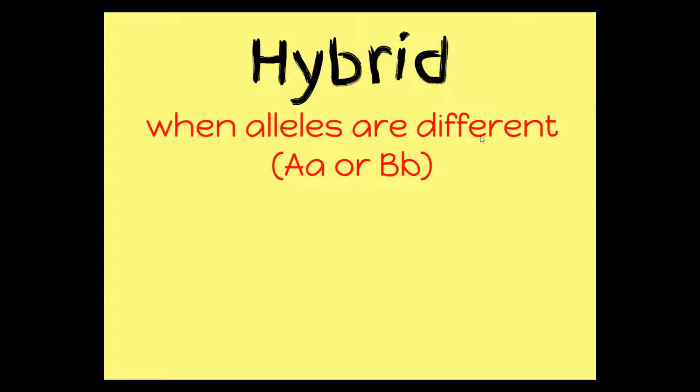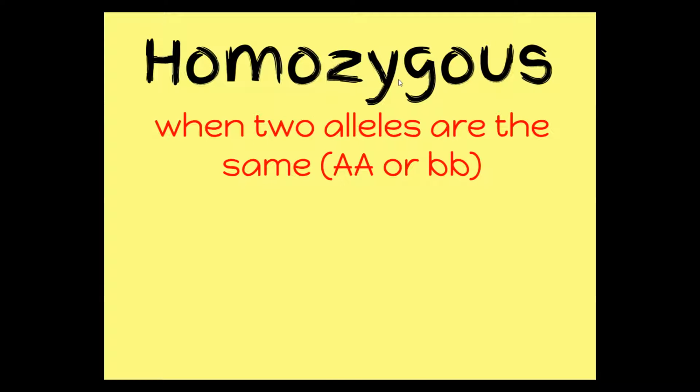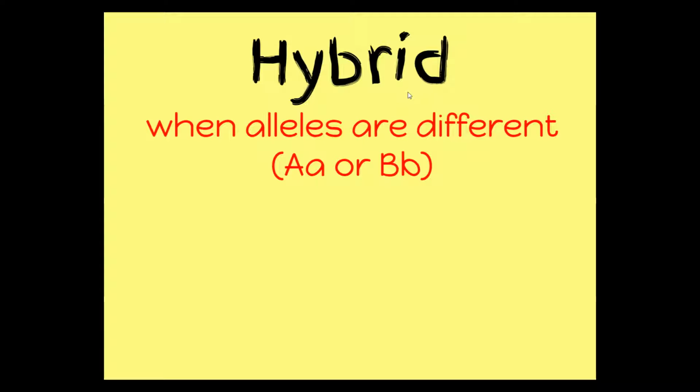Purebred. What do you think of? I think of horses and dogs when I think of purebred. Y'all know that horses sell for hundreds of thousands of dollars if they're good racehorses, and because they're purebred. Seabiscuit is their grandfather, or Secretariat is its great grandfather, whatever. So purebred is when the alleles are the same. What's another word that means purebred that we just learned? All the alleles are the same. What was that word? Homozygous. So go ahead and write down that purebred and homozygous are the same, and heterozygous and hybrid,